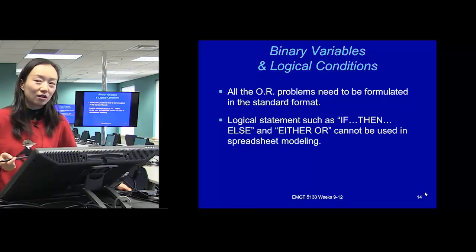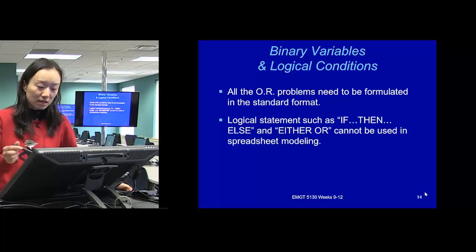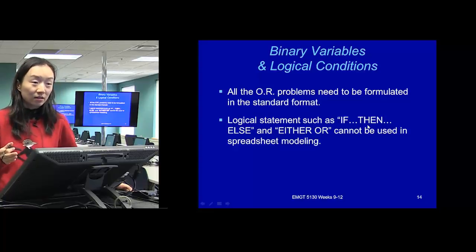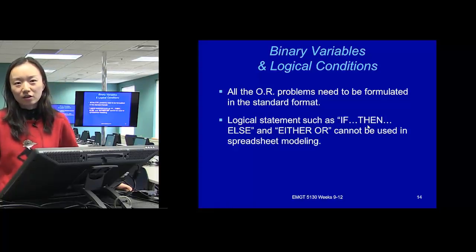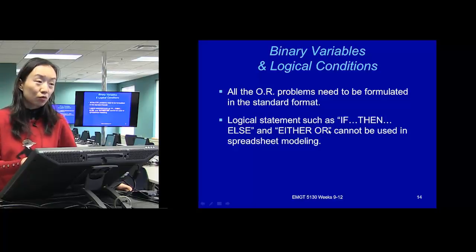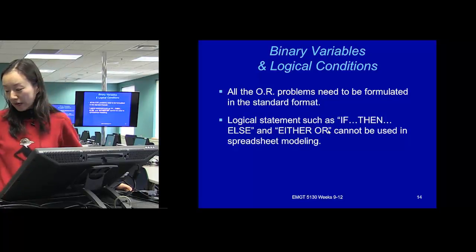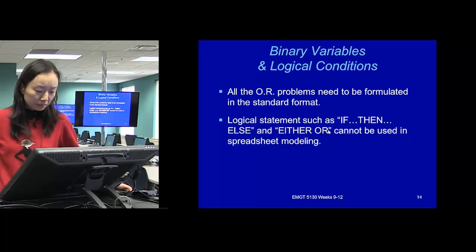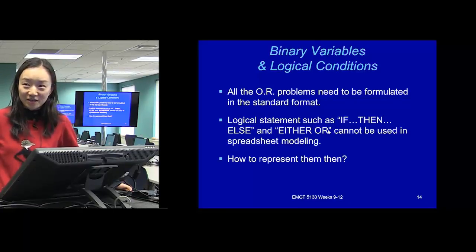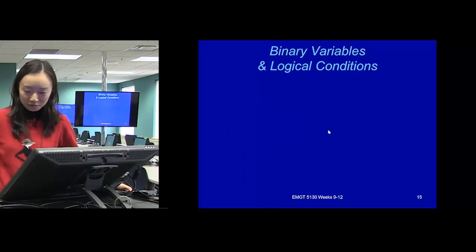We're going to look at a lot of problems that are really interesting and challenging, in which you have to have constraints that represent a statement such as if this happens, then this, else another, or an either-or situation. We can't just write those statements as a constraint. Binary variables will help us formulate those kinds of statements. That's why I love ILP. For example,